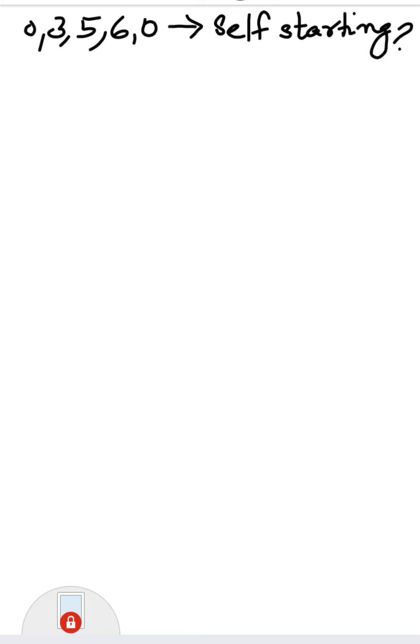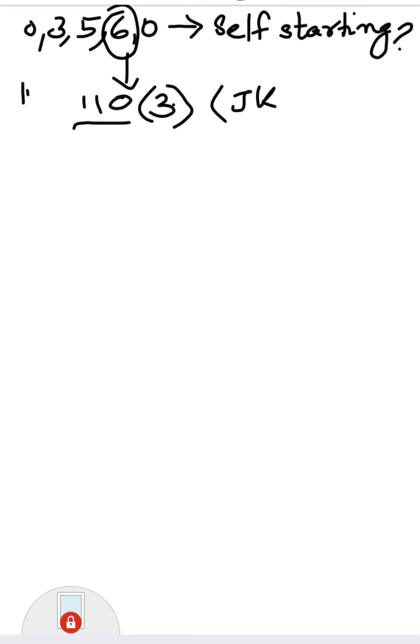So I'll start from the first step. You have to calculate the total number of flip-flops. The larger number in the question is number 6. Its binary is 110, which means you can represent 6 using 3 bits. So the number of flip-flops required is 3. Since I have not specified anything in the question, you can use the 3 JK flip-flops. If anything is specified in the question, like you have to use a T flip-flop, then you have to implement the circuit using T flip-flop. Here I am using JK. So 3 JK flip-flops.